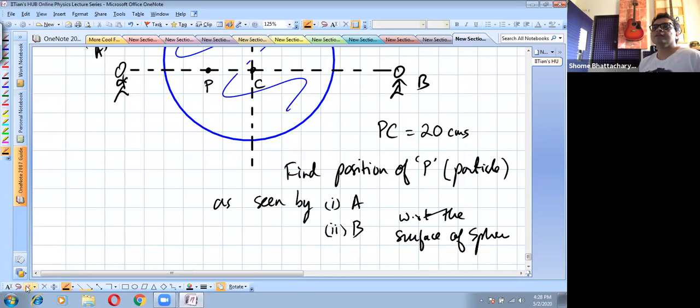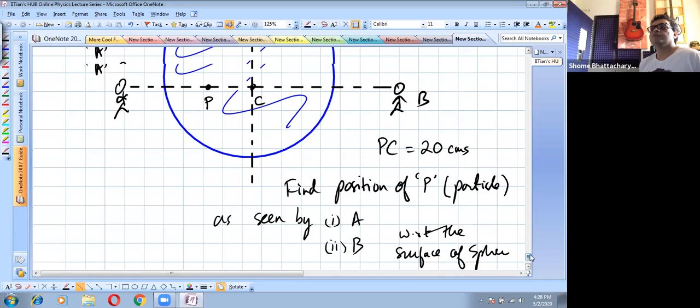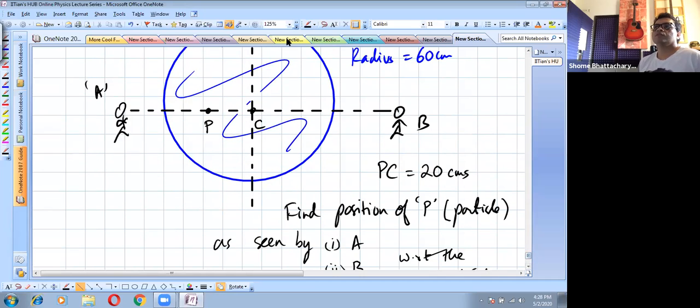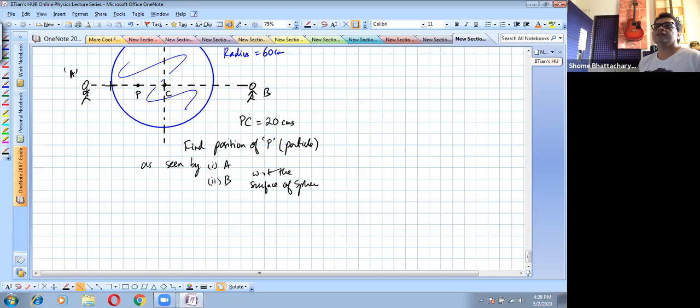But for that, we can't use the real depth apparent depth formula, because the refraction of rays is not happening at a plane surface, it is happening at a spherical surface. So we'll have to use that spherical formula, and from that we'll have to determine. Okay. So just try out this question. So according to A, it is so many centimeters behind this surface, and according to B, it is so many centimeters behind this surface. Now in reality, for A, the point is at an actual depth of 40 centimeters, and for this guy,